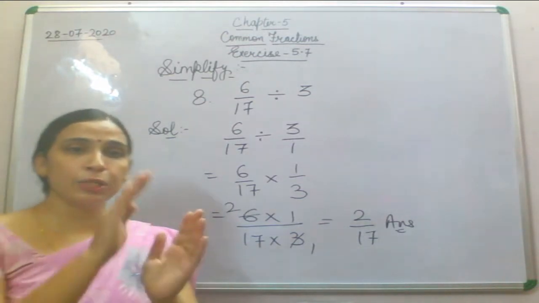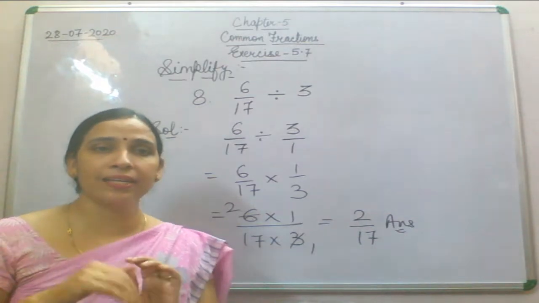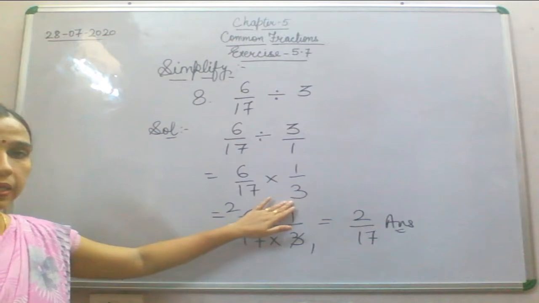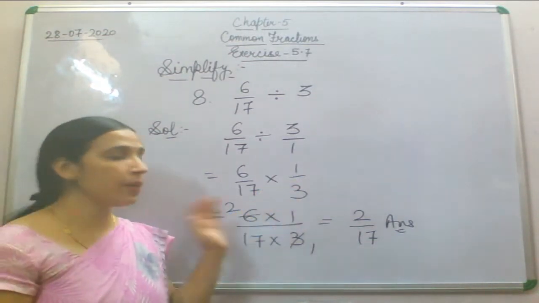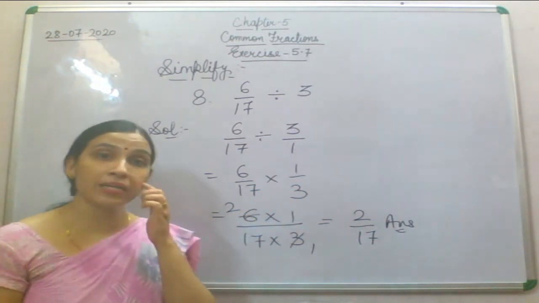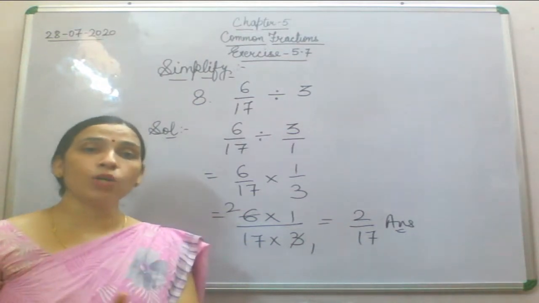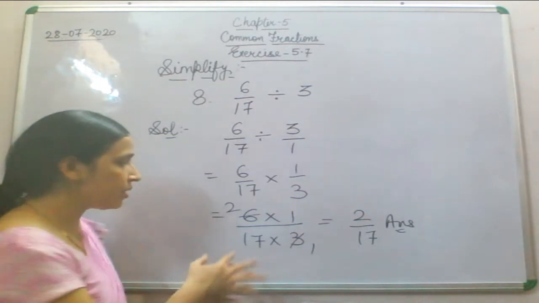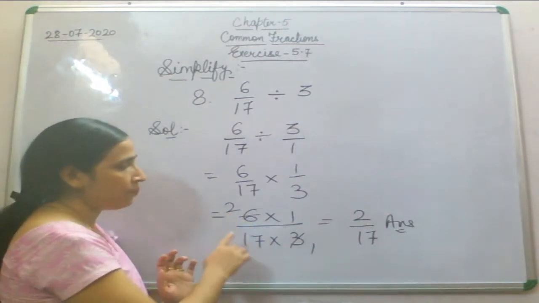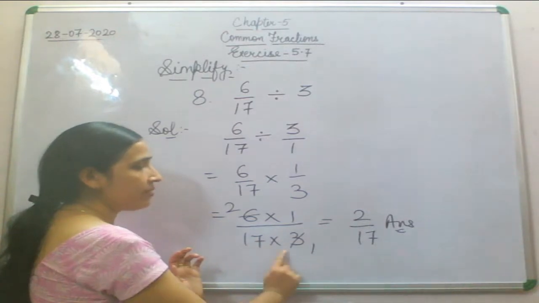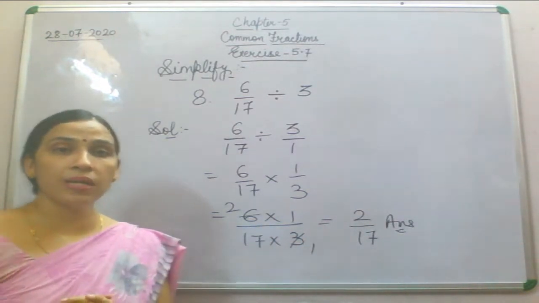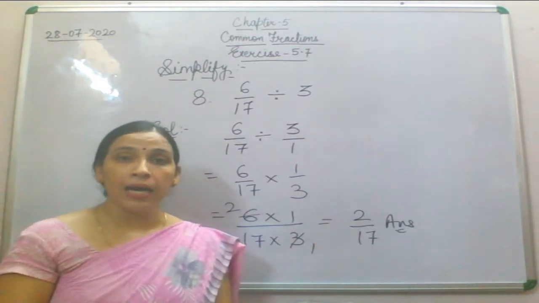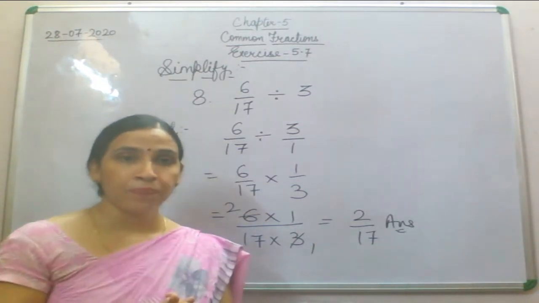Fine. It means that numerator will come into denominator and denominator will come into numerator. So that will become 1 by 3. After that, numerator will multiply by the numerator and denominator will multiply by the denominator. So now 3 ones are 3 and 3 twos are 6. Now 2 ones are 2 and 17 ones are 17. So we will be getting 2 by 17 as an answer. Fine. I hope that is clear to you all.